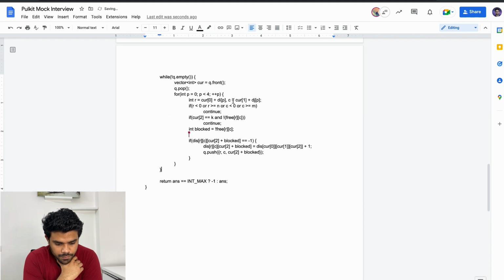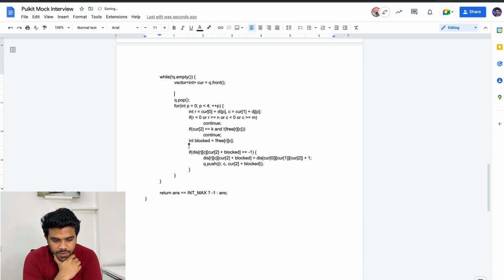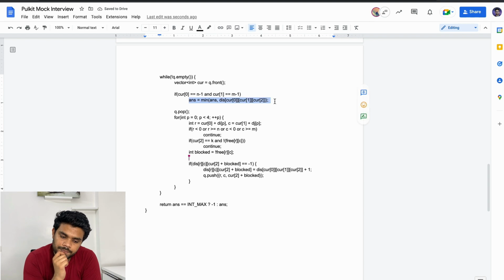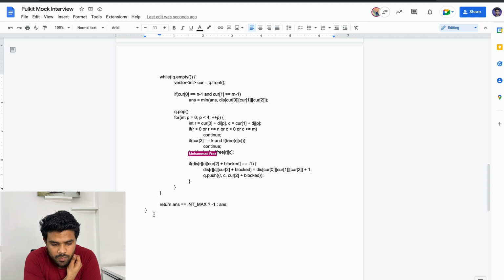So now, whenever I am reaching this current node, if current of 0 is equal to n minus 1 and current of 1 is equal to n minus 1, I can say answer equals min of answer comma current of 2. So yeah, this should do it for us. Now here I don't have to check if it is -1 or not, because I can be sure it won't be equal to -1. But I think you can simply return the answer from here instead of